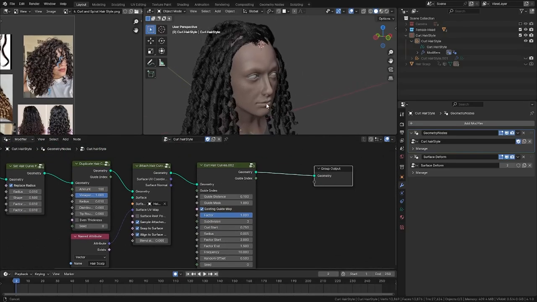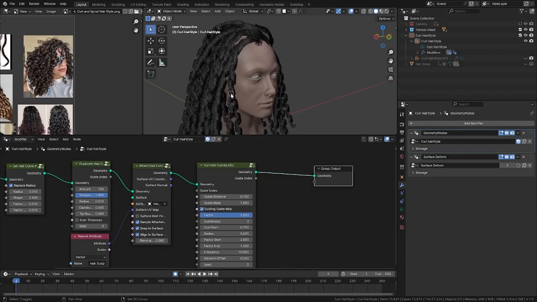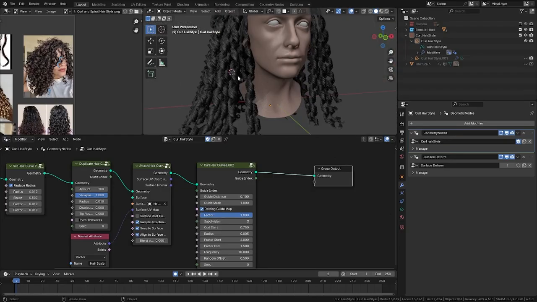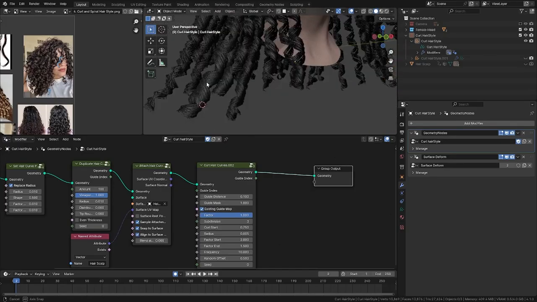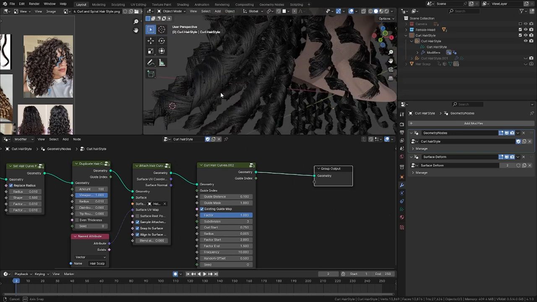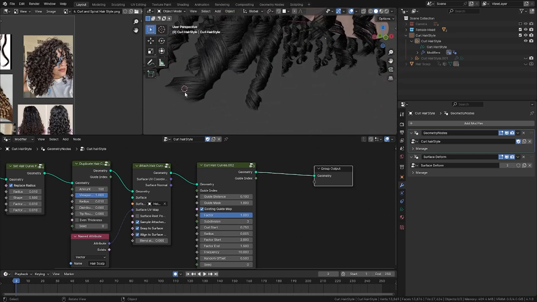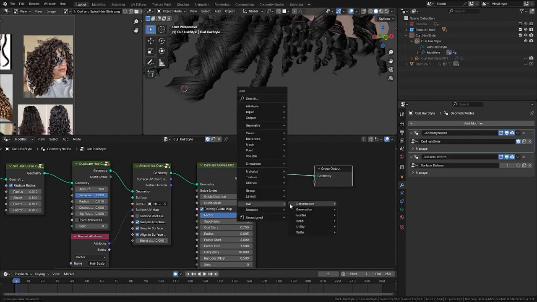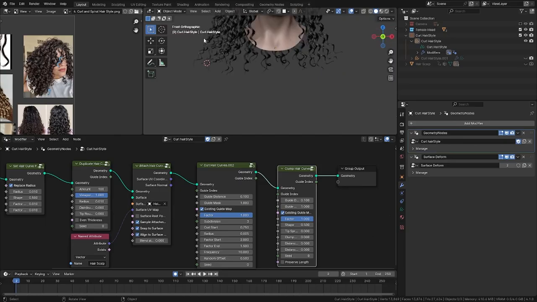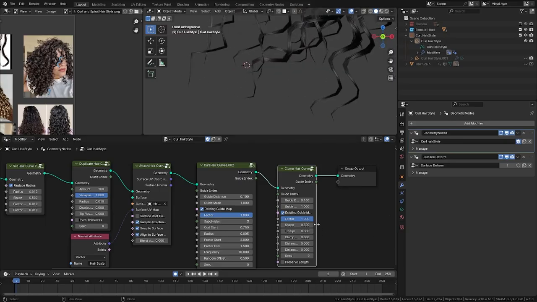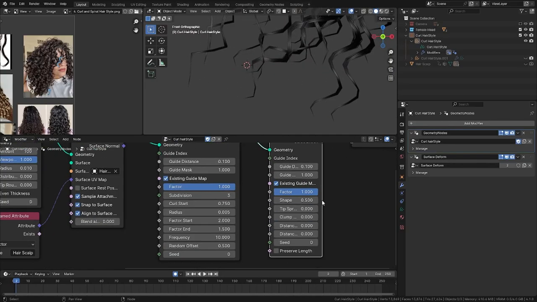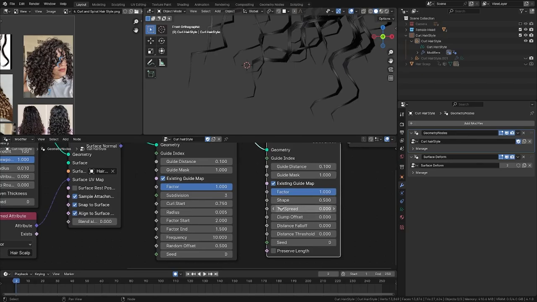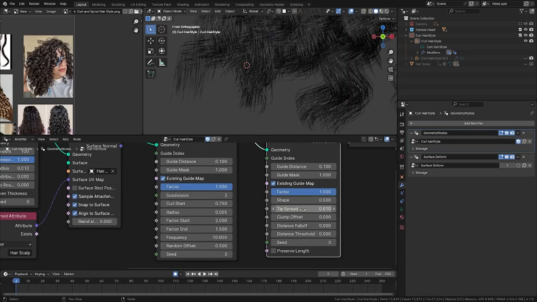Another thing that we can do, we can add a freeze. You see, the curl effect is done, but we can add another thing, like to sharpen the tip of the curl effect. So we'll add another node called guide clamping. You see how sharp the tip is, but here we can reduce, we can spread the tip a little bit, 0.01, let's say 0.2, too much,